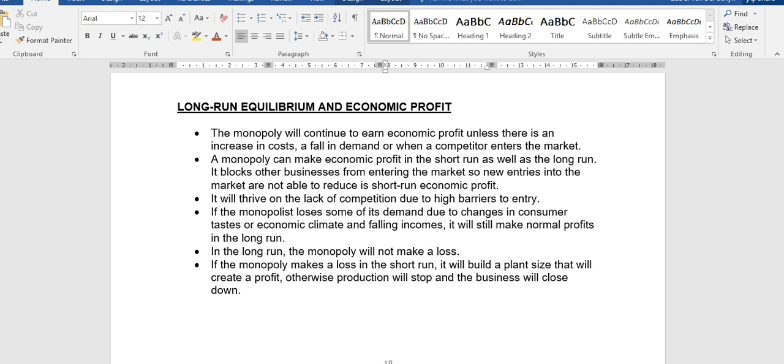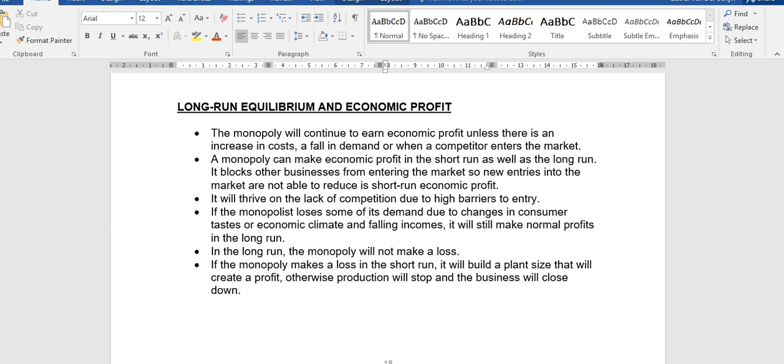Not impossible, but unlikely. You will still apply your normal shutdown rule if the monopolist is making an economic loss. Now you will look at his AVC curve, and in theory, if his average revenue is less than the average variable cost, he will shut down, okay, in theory. But in reality, if he makes a loss, he's going to fix the price. Now, he can do that. He's got market power so that he can be profitable again. Or he's going to close down the business. And the industry will cease to exist. And he will go and make an investment elsewhere. He will not tolerate making a loss indefinitely.